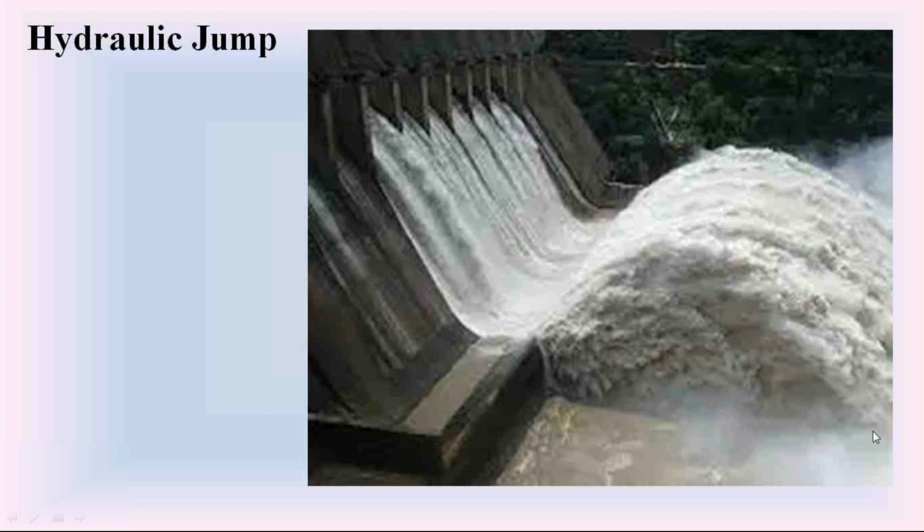Over this small length, there is a large change in the depth of flow. Here the depth of flow is smaller. Here the depth of flow is very high, and here the depth of flow is lesser. So like that, over a short length in the downstream of the dam, there is a huge change in the depth of water flow. So we consider this hydraulic jump as a rapid varied flow, not the gradually varied flow. It comes under the rapid varied flow.